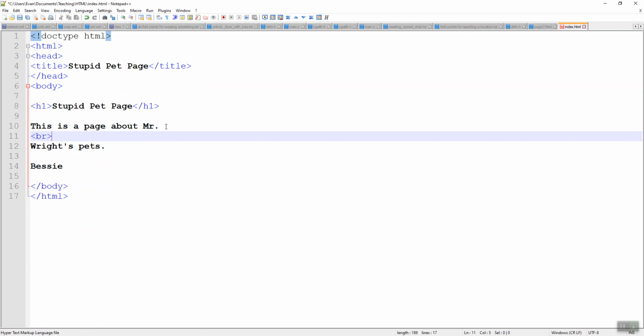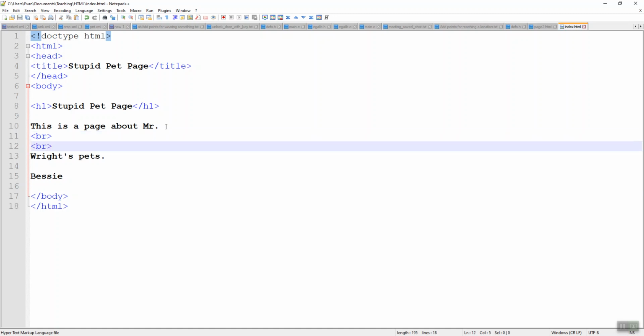It does not have an end tag. There's no start BR tag and end BR tag because it doesn't. BRs don't go around information. They just tell the browser to drop down a line. So if I put BR in here, or a couple of them, you'll see, if I go back and refresh this,